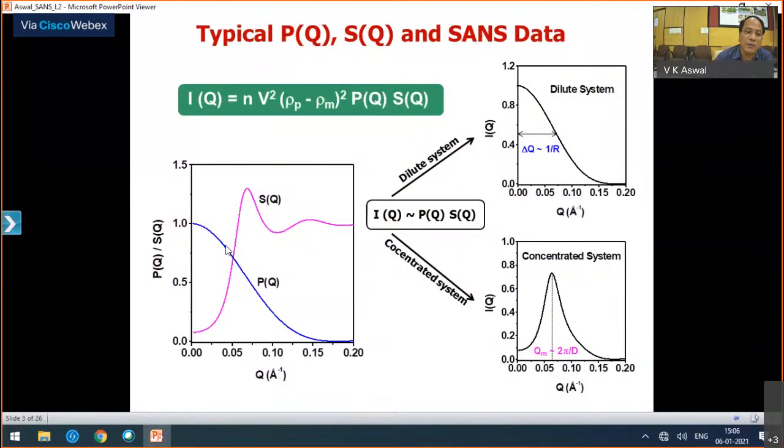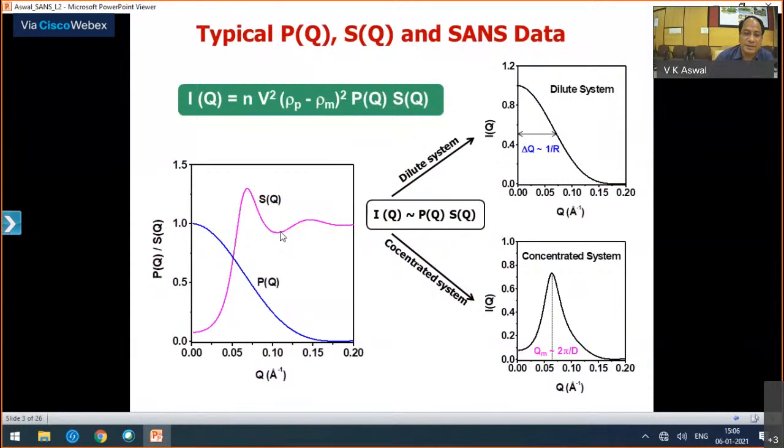And also the functionality of your curve will be different for different shapes of the particles. So it's very important to look at the shape and size of the particle. And then your structure factor will look at short range and long range order in the system. But most of the soft matter systems, or the systems which are studied in small angle neutron scattering, will have short range structures where your structure factor shows a few maxima of decreasing amplitude. So this is the first nearest neighbor, which will come at 2 pi by d, where d is the distance between the particles. So these are the typical form factor and structure factor for a system